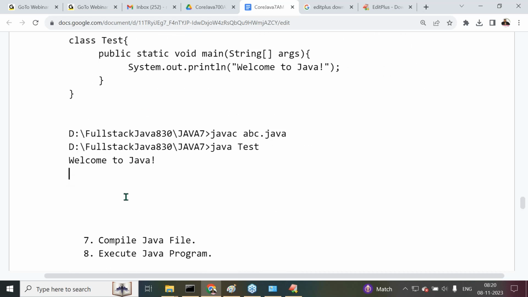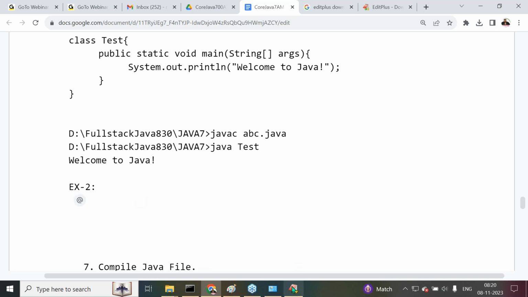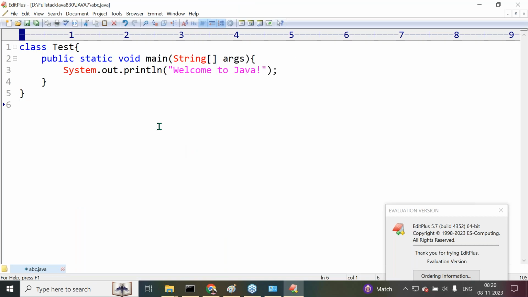Next one is after that. The second example I'm telling you, observe carefully. Example 2. Inside this example, what I'm going to do, the suggestion is: instead of saving the Java file with any other name like abc.java, it is suggestible to save the Java file with the main class name. That's why I'm going to use